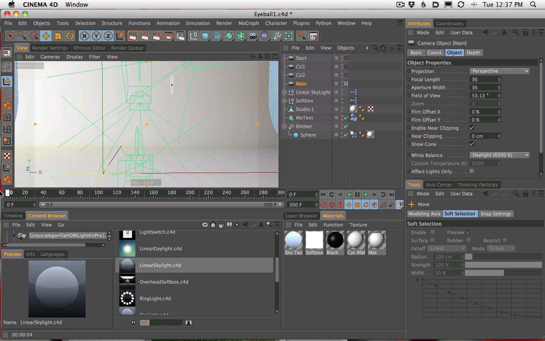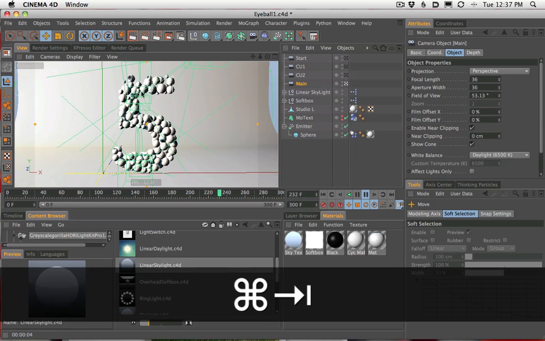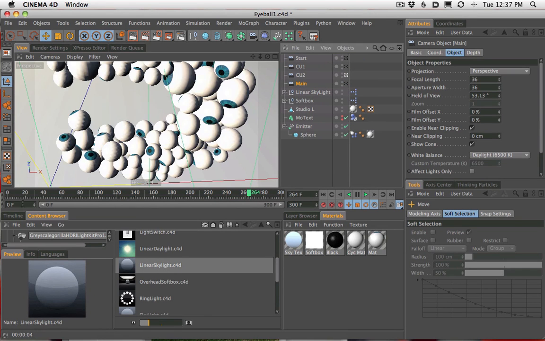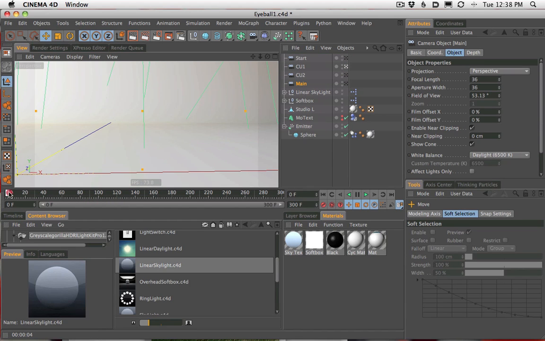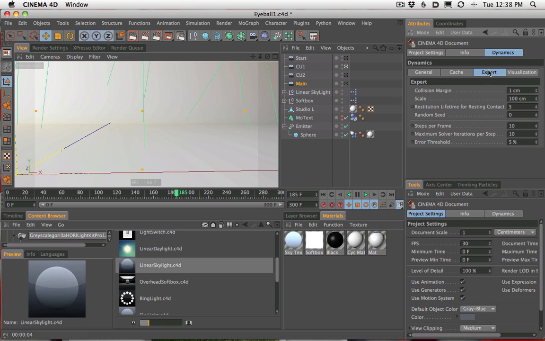And actually, maybe not. Maybe for the main camera, I only want it to render, let's see, it's going somewhere around here, maybe 120 to 300, right? And that's because I can look and know, well, I only want this camera for the end part of the scene. I only want this camera for somewhere around the middle. And what's going to help us decide what renders we want is to bake our particles. So if we go to our scene settings, Command D, to our document settings, and go to Dynamics, then Cache, and say Bake.